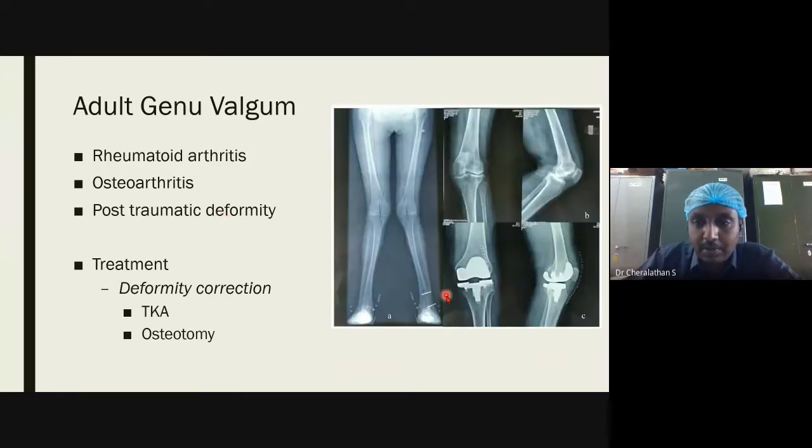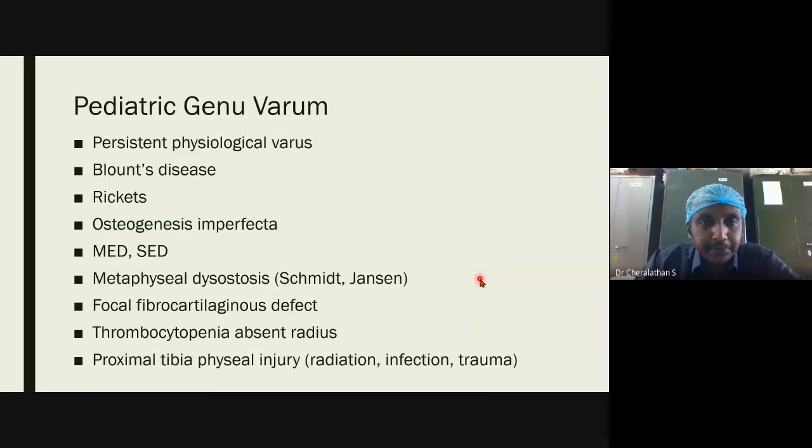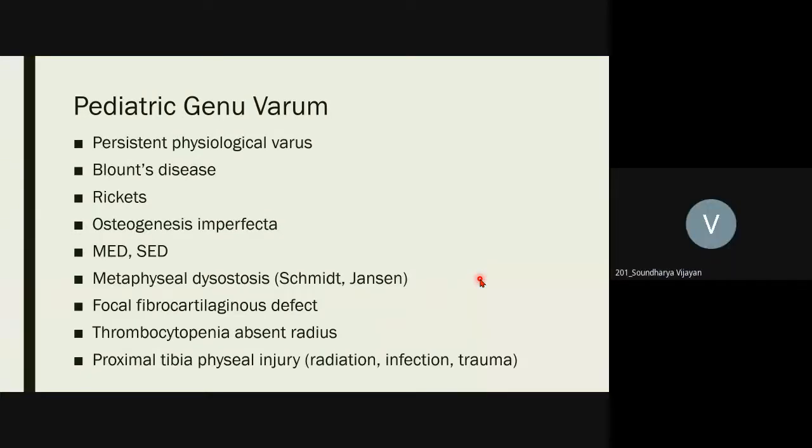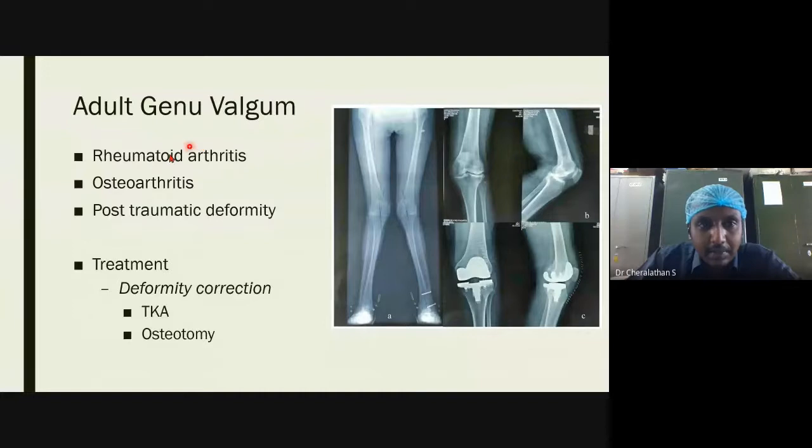And this is a picture of a valgus deformity of an adult with rheumatoid arthritis, which has been corrected by total knee replacement. See, now the alignment has been brought from the abnormal valgus to the naturally occurring valgus. Clear? So why total knee replacement, sir, instead of osteotomy? Because the joint surface is already eroded. Look here, there is no cartilage left at all.